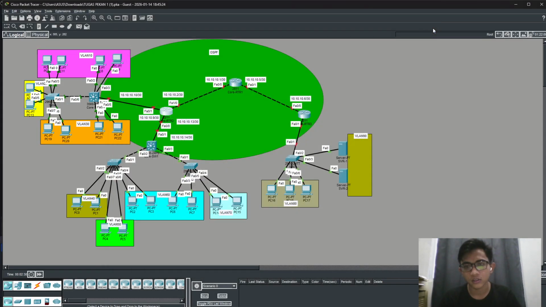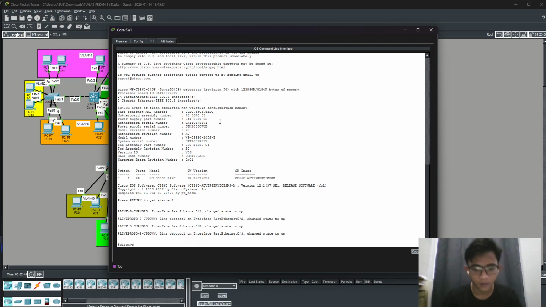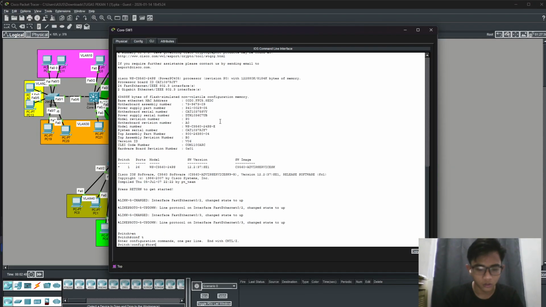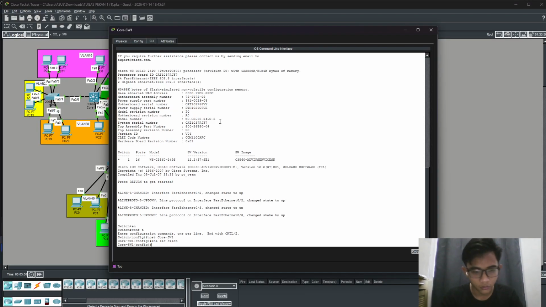Next is the MLS here. Enable, configuration terminal. Hostname is CORE-SW1, and enable secret is Cisco. Exit.